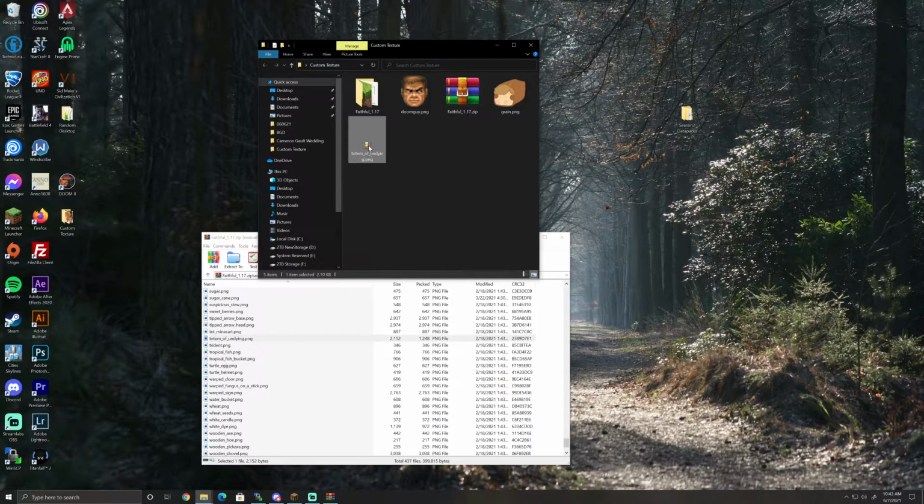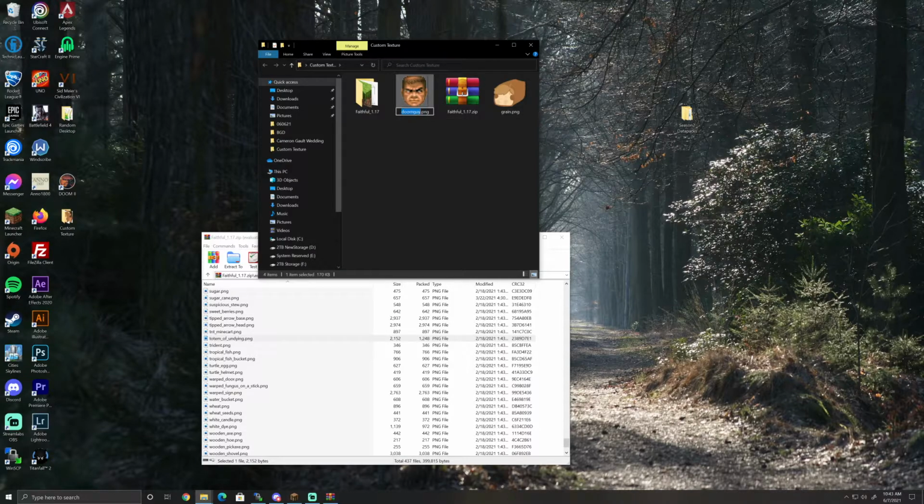We're not going to just modify and copy and paste because the resolution is so low. This is a 32 by 32 resolution image, and if I took any of these images down to that, they would be hard to recognize. So what I'm going to do is take this that I've extracted and delete it. And then I'm going to take this doomguy.png